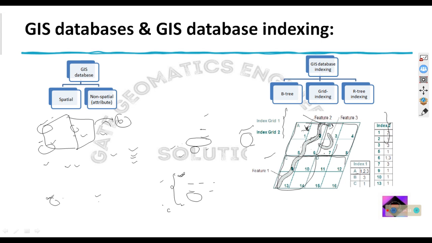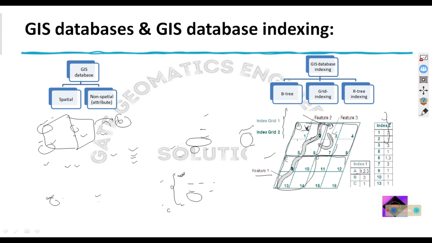So index A has all the features. Index B has only feature number 3, and index C, where is index C? That is the C. It has only feature number 1. And here if we go for the mode, this is the cursor, A, B, C, D, these are the cursor,